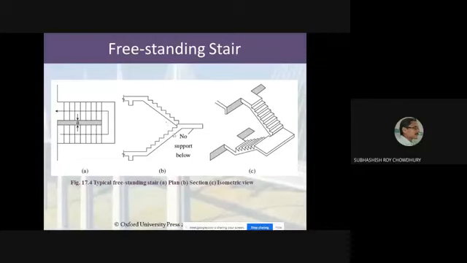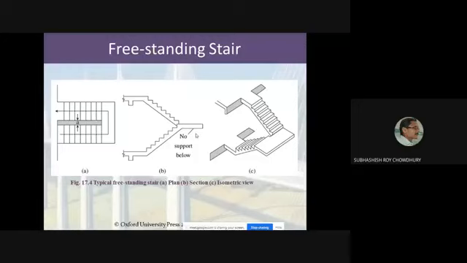The stair may be constructed in such a way that this half landing will not be supported. Okay, it will be forming a folded plate like this one, and it is freestanding. Freestanding means it will be supported here, it will be supported here. There is no support at this end. So that is also a typical type of stair. I am just giving you the idea. If you see this kind of stair anywhere, you may think that it is not properly constructed. Obviously, if you follow the proper design procedure, then it will be a stable construction.